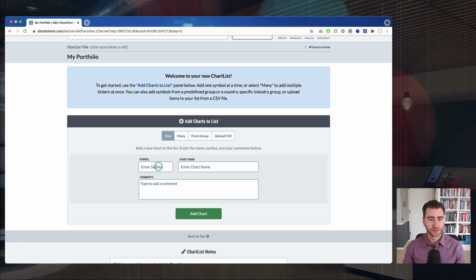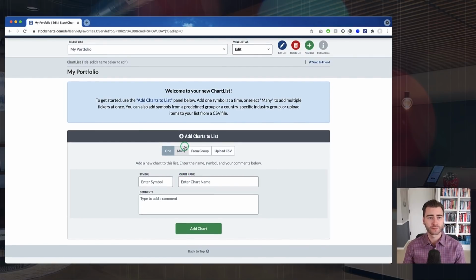You can add one symbol at a time, typing in the ticker symbol, setting a name if you'd like, or adding any comments. If you do leave the chart name field blank, we'll actually fill that in with the company name for you. The easiest way though, if you're starting from scratch, adding everything that you own in your portfolio,